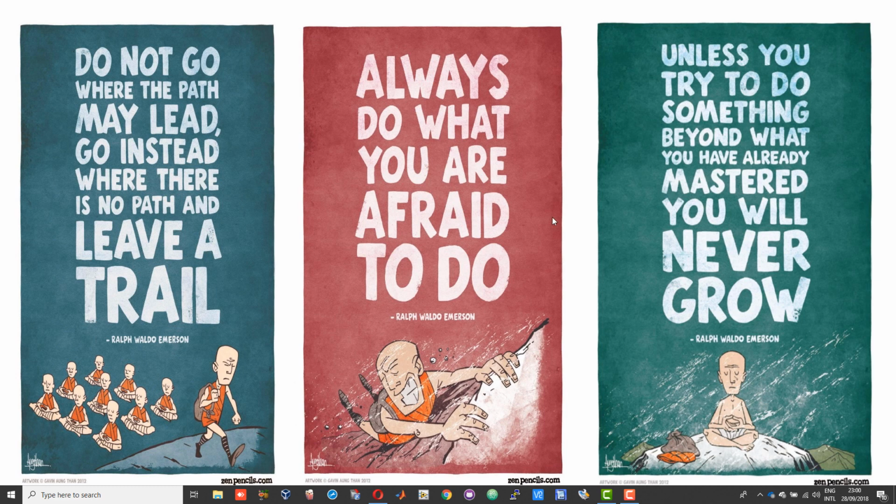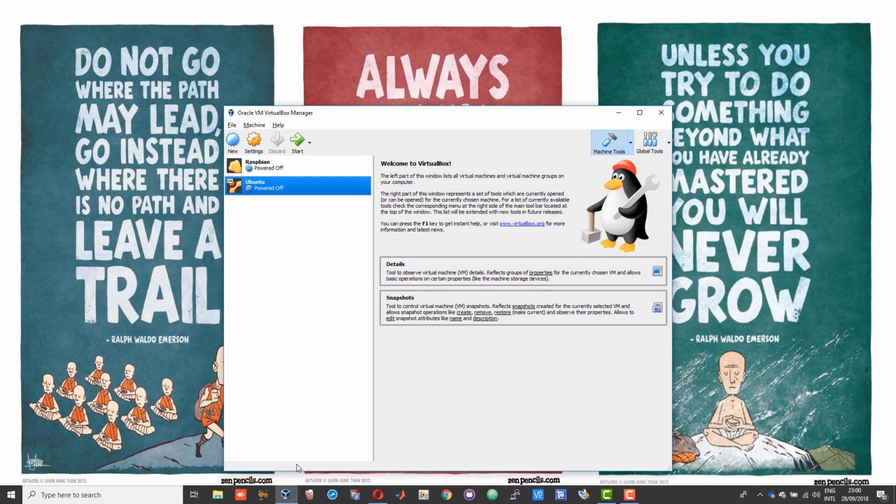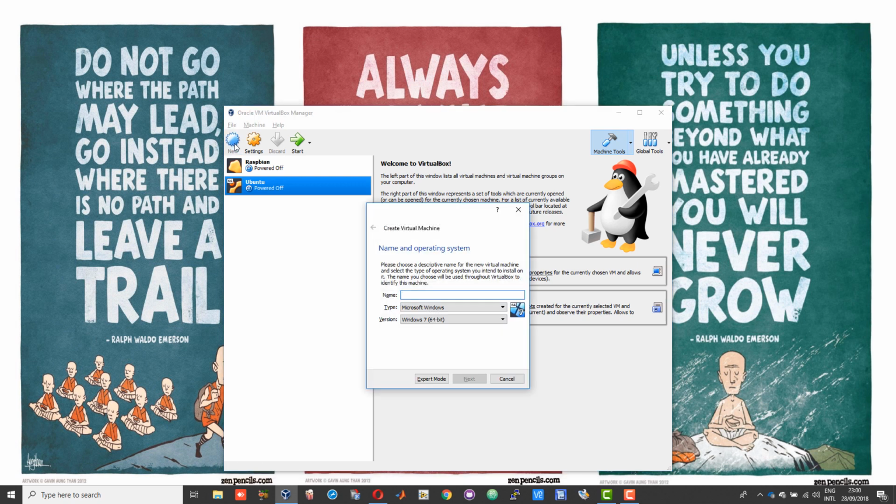Virtualbox machine. To get started, open the Virtualbox manager and click on the new icon or the new option. Give your Linux machine a name, so I will give it Ubuntu LTS. Leave these unchanged and go to next, and here you need to allocate the memory or the RAM. I would suggest you allocate at least 2 gigs of RAM. The green space suggests the amount of RAM that you can allocate for your virtual machine without compromising on your